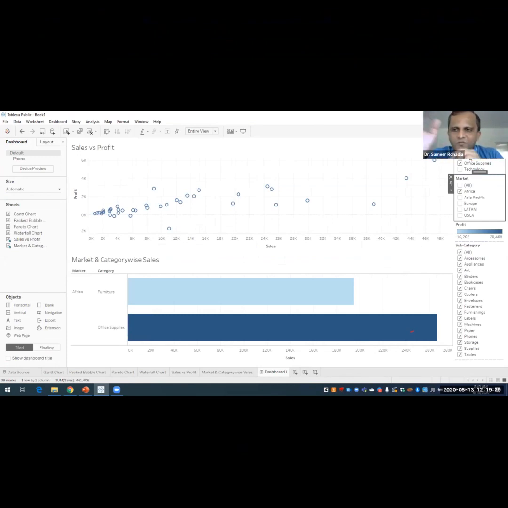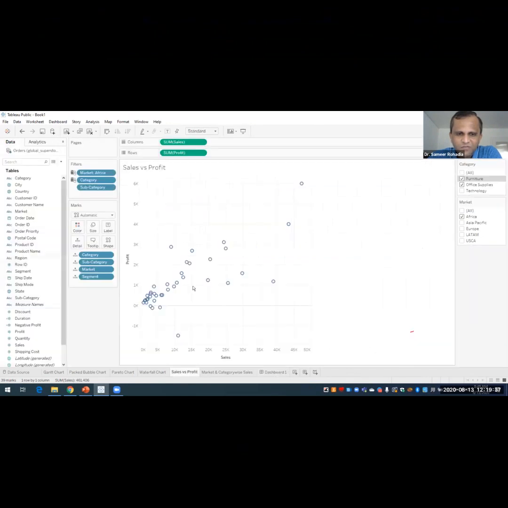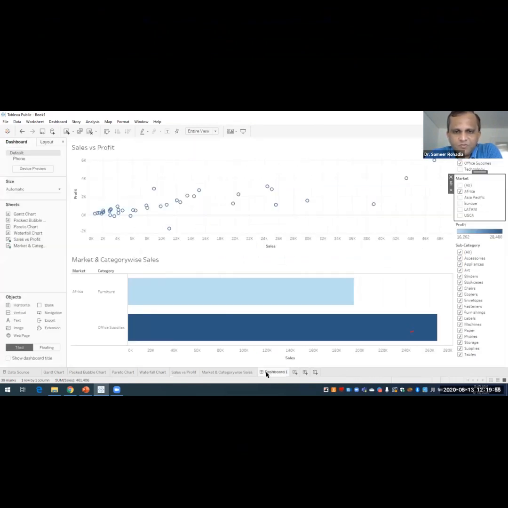Even if you make some changes, like here we created this subcategory filter, though it was not available in the main sheet, when we come back to the main sheet, you can see that the subcategory filter is already there in the filter section. Only here we are not able to see it, but if you want to see it, we can just show filter and we are able to get the subcategory field. I hope I am able to give you the answer.